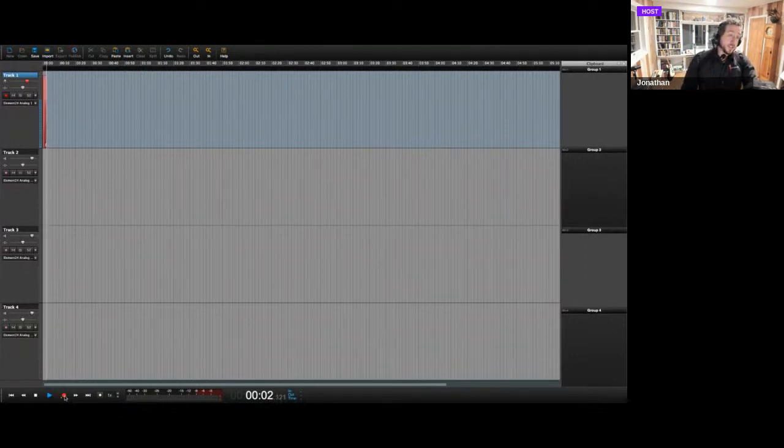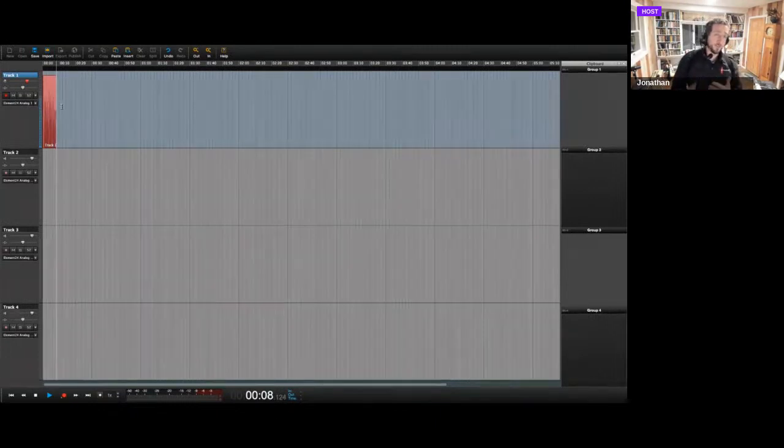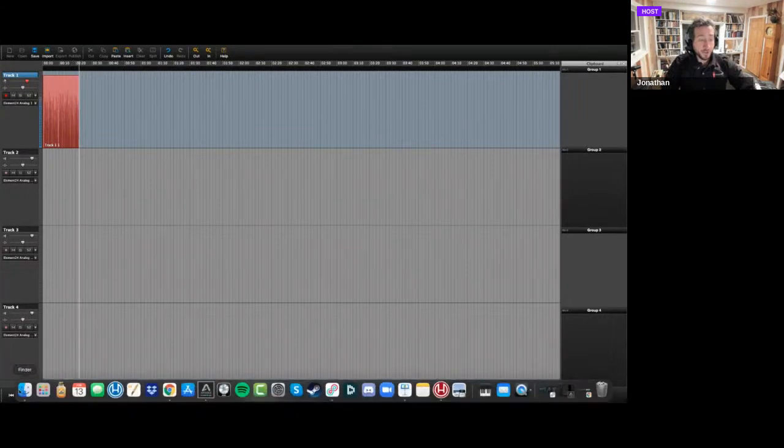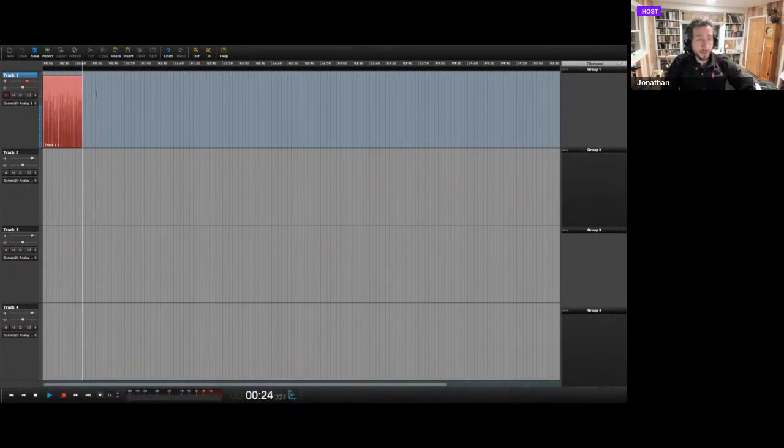And I can tell that it's starting to record because that is my audio being picked up, and it's in red. If you think about the on-air sign, that's the idea. Once it's in red, it's on air, it's actively recording. So that's picking me up as I'm talking to you. So I'm going to stop the recording, and you could do that by coming down here and all that, but I'm just going to do it with a key command. So I've stopped the